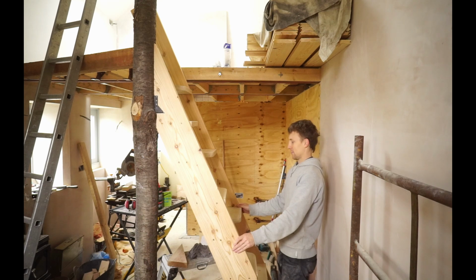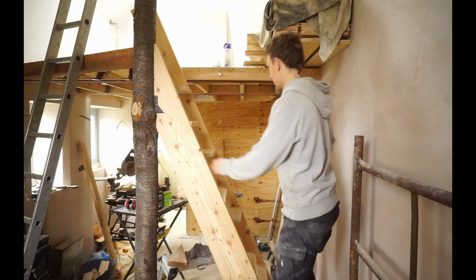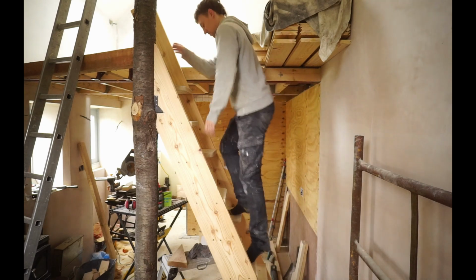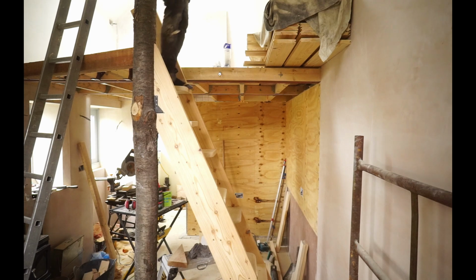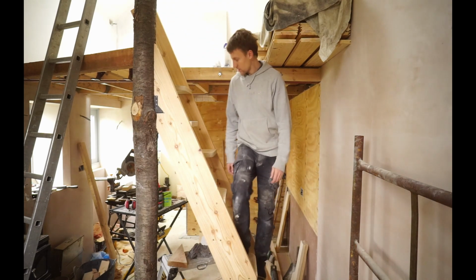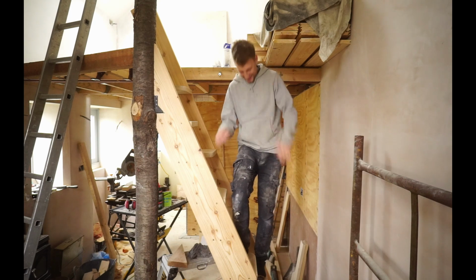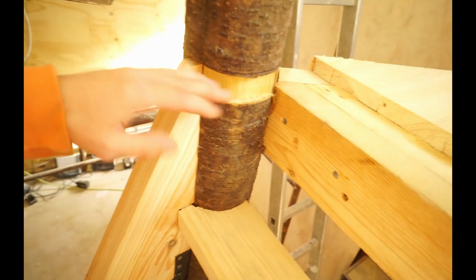That's good. I think you should try it. Shoes off. Solid. Quite nice for coming down as well, actually. It's really good. So this last step then, I've chiselled a bit out on the left hand side in this